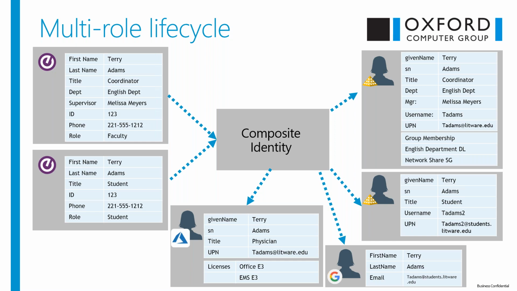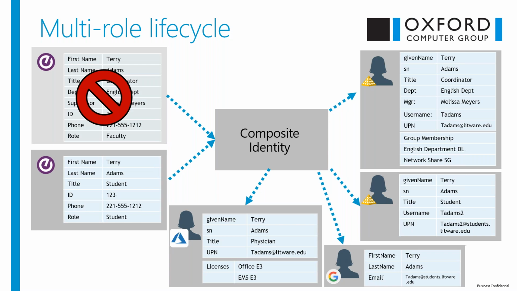It's where we're housing the identity information, and it's where we are basically putting our business logic or organizational logic in place in order to make these decisions about how to create accounts, when to create accounts, and what access to give those accounts. On the inverse, let's say that Terry Adams here leaves the organization as an English coordinator,